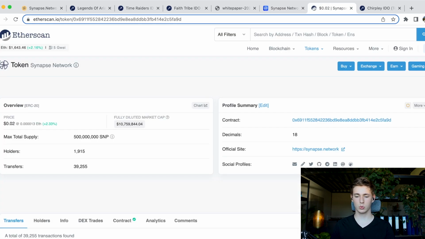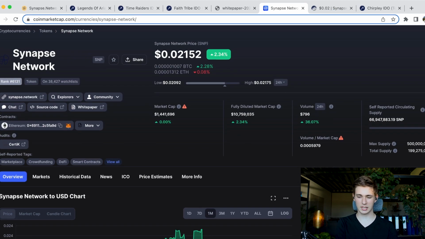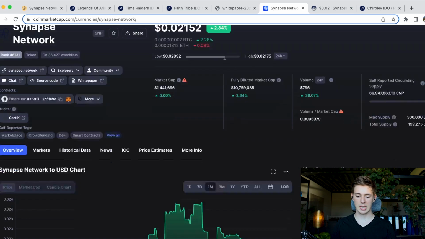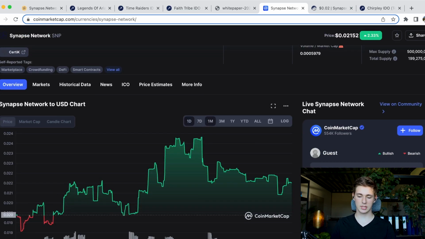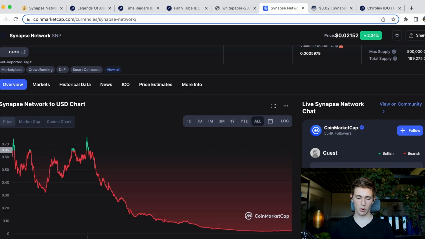Also because we only have 2,000 investors, but we do have a very large fully diluted market cap. That means that the price is quite spiky, and you can see that this looks like a 1-day chart, but it's a 1-month chart, and the 1-day chart basically looks like this, right? So there's very low volume, not that many investors, not that many transactions, so there's a pretty big volatility in the price, and it makes for some weird charts. Also, if you look at the overall chart, after TGE it basically plummeted down and it never really reaches up again, over here only. After that, it just went down.